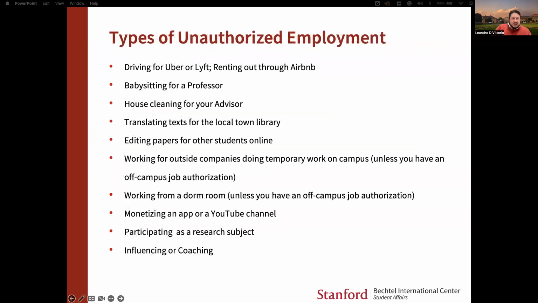Next, let's talk about types of unauthorized employment. So what you cannot do, what you have to be careful not to engage in. Driving for Uber or Lyft, renting out through Airbnb, babysitting for a professor or anybody in any case, house cleaning, translating text for a local library, editing papers for other students online, working for an outside company doing temporary